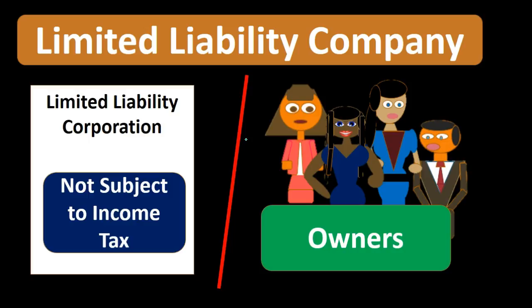The limited liability company looks to eliminate that problem by allowing the flow through of the income tax to the owners, flowing through from the limited liability company, the business entity, to the individual 1040s, being taxed then on the individual level, eliminating that double taxation problem. So we have the best of both worlds. We have the liability protection, as would be the case for a corporation, and we have the pass-through entity so that we are avoiding the double taxation, the taxation on both the business level and on the individual level.